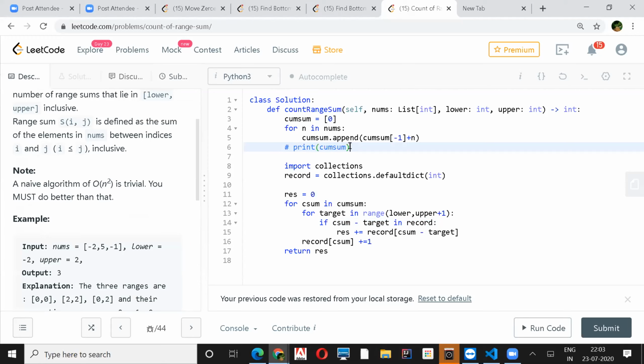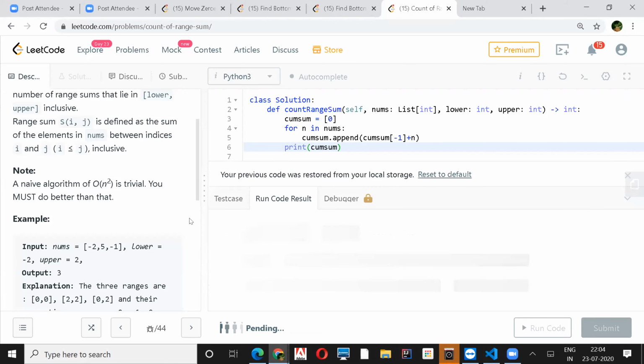The complexity is still n square, yes. It will be n square because you are taking every target sum. Two for loops here itself you are using, right? For every current sum that you are getting in your array, you are checking whether it will fall in the range or not. If it is falling in the range, then that minus target will give you the starting index in the record. That's also a good solution. But I don't know why they said it should not be n square, but this is a good approach, I would say.